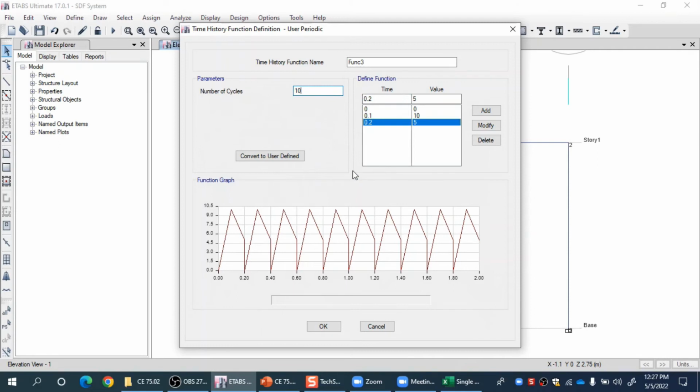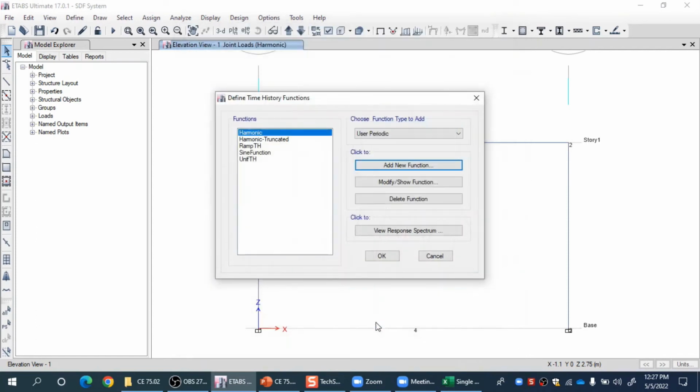Let's take the case of impulse loading: a sudden increase in loading, then sudden reduction, and then constant. We can also use the same option for defining an impulse loading. Although the impulse loading doesn't have a default template, let's use, for example, the user option here. Here I will define my loading point by point. So let me click on add new function